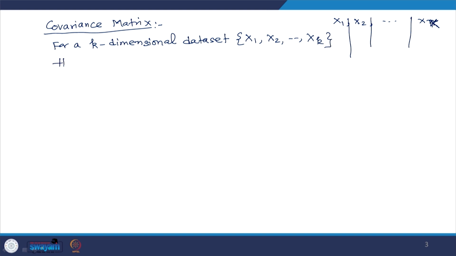The covariance matrix is defined as sigma equals to